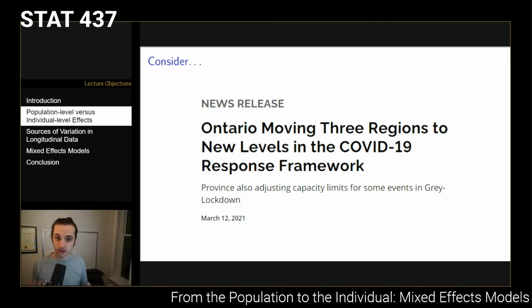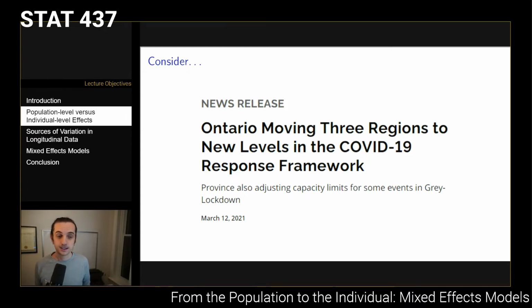You could have thought about other factors that might influence it, but the idea is in those models, any 2 public health units that are the same size are going to have the same predicted values, and that's because we're predicting at the population level. So any 2 observations that have the same covariates are going to have the same predicted average when you're talking about it at the population level. But of course, we know that in the management of this pandemic, we're looking at individual regions as their own unique